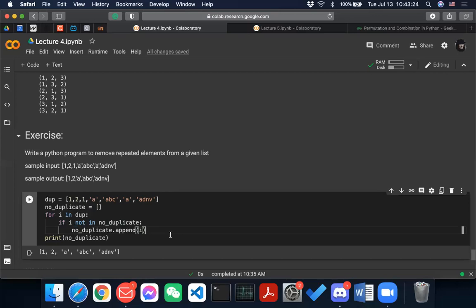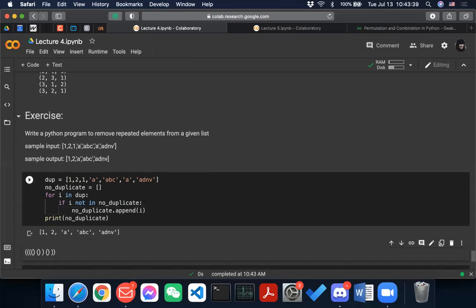If it is not in there, you just add it. But if it is in there, then do nothing, don't add it. And then after you print, you will have a no_duplicate list. So that is basically the exercise.